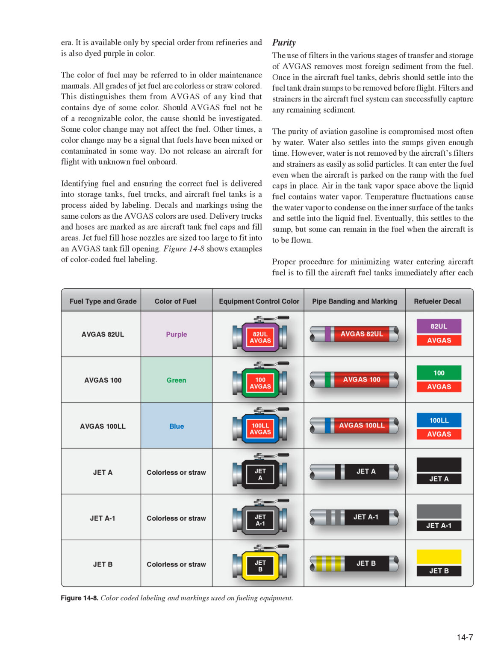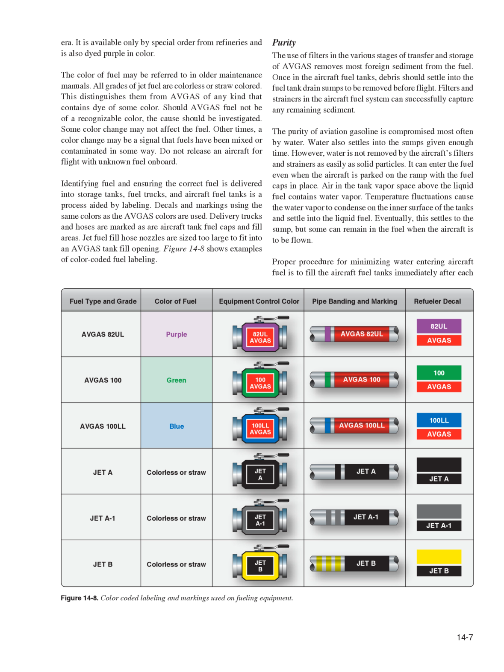Water also settles into the sumps given enough time. However, water is not removed by the aircraft's filters and strainers as easily as solid particles. It can enter the fuel even when the aircraft is parked on the ramp with the fuel caps in place. Air in the tank vapor space above the liquid fuel contains water vapor. Temperature fluctuations cause the water vapor to condense on the inner surface of the tanks and settle into the liquid fuel. Eventually, this settles to the sump, but some can remain in the fuel when the aircraft is to be